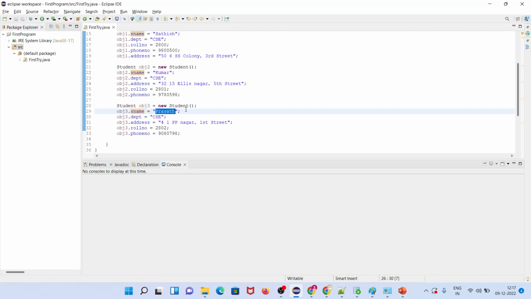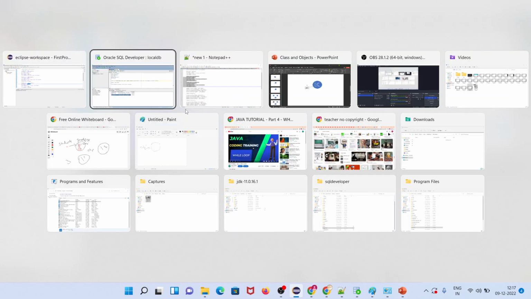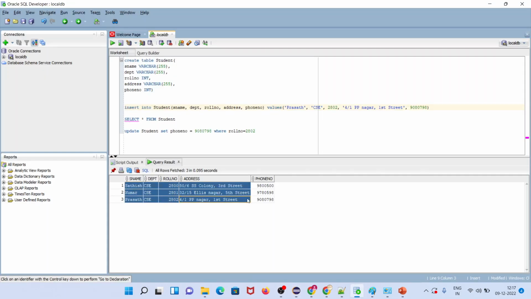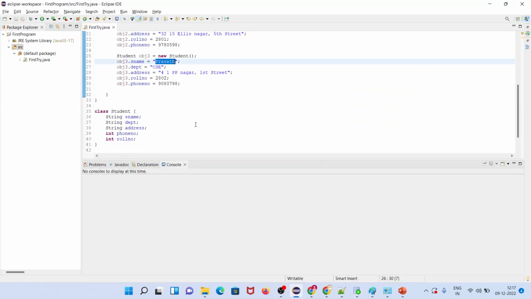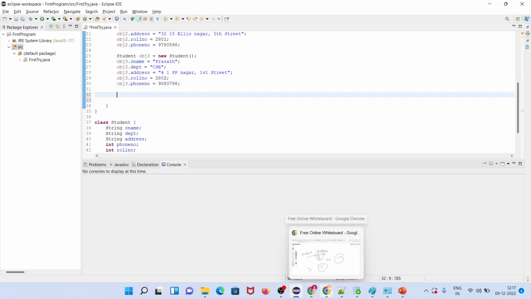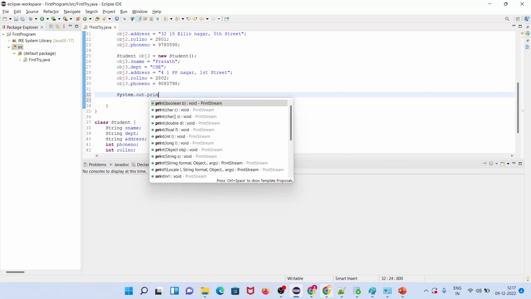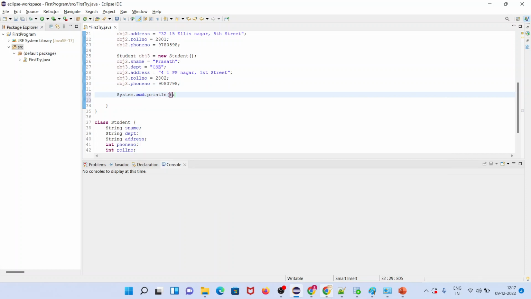Okay, so now as in SQL, we have created three objects now. Using select, we are fetching the values there, right? So in a similar way, we will try to print the values in Java. Okay, so you know how to print the values using System.out.println, and name will be like this. So name we are going to print now. First we will be printing the obj1 object name. Okay, so in a similar way I will be printing